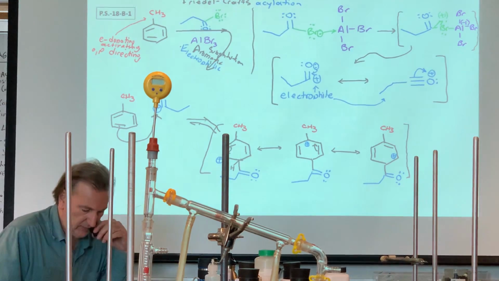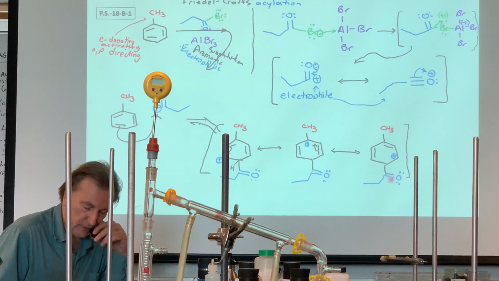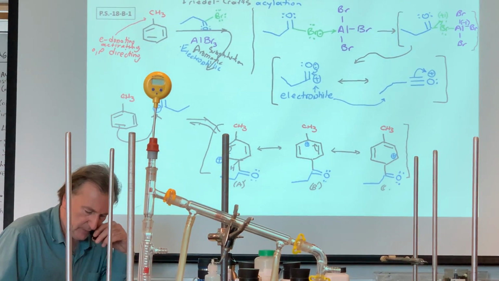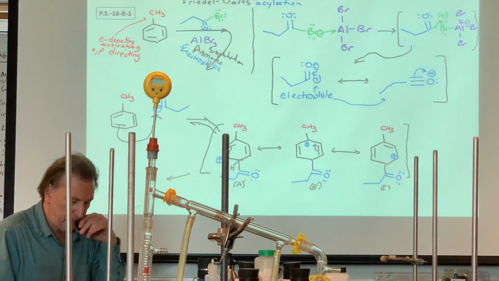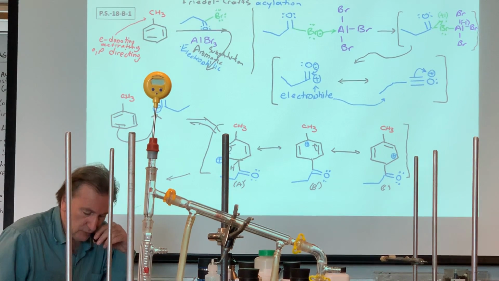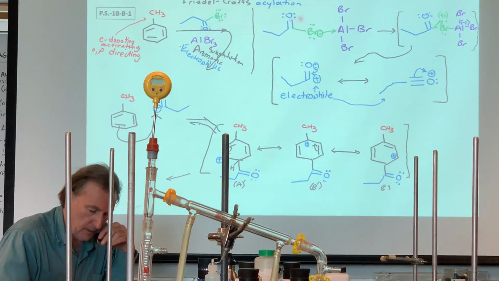Now, let me just verbally say this. Obviously, are there more resonance structures? You can do a resonance structure here. You can open this up and make plus and minus, but that's a minor structure, right? Here's what we're concerned about. If we call this A, and we call this B prime, and C prime, can I use the A prime to get the final product? In order to get the final product, I need to abstract this hydrogen right here, yes? In order to abstract this hydrogen, I need a base. So if you look everywhere here, right